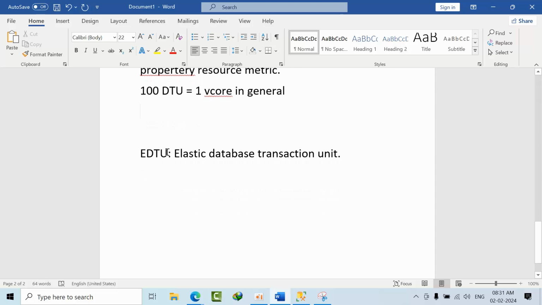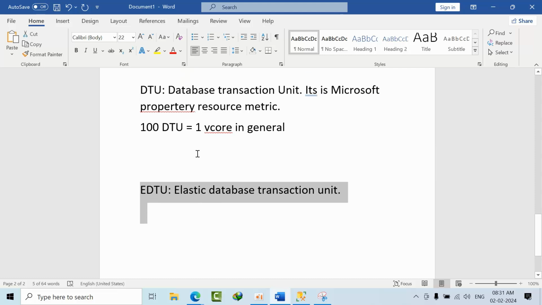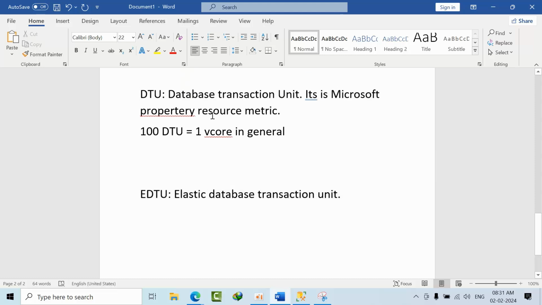Now, elastic: we have one more concept, the elastic pool, where we discuss eDTU. It works the same way and is also Microsoft proprietary, but it applies to elastic pools. Whenever the CPU requirement is very high, we get that much CPU, so we increase the CPU resources dynamically. Like an elastic, if you pull it, it expands.